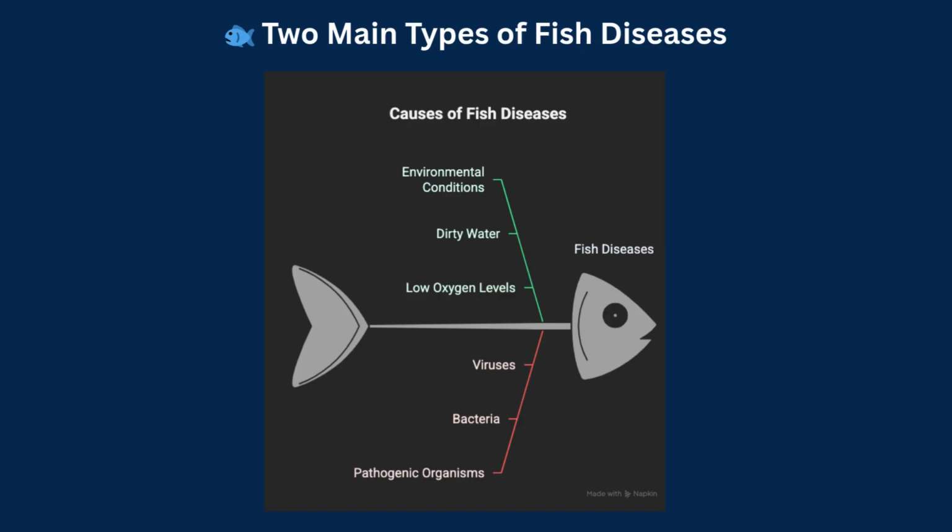First, let's talk about the two main reasons fish get sick. First, environmental diseases. These happen when the fish's surroundings aren't healthy. Like dirty water, not enough oxygen, sudden changes in temperature, or even poor food. These aren't caused by germs, just like how we feel tired or unwell if we live in pollution and eat